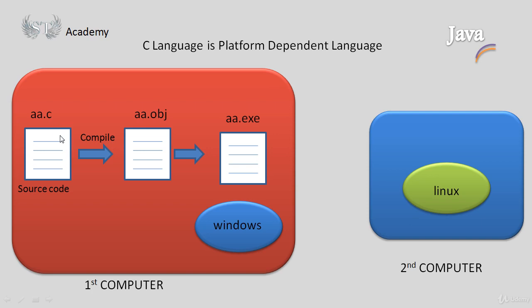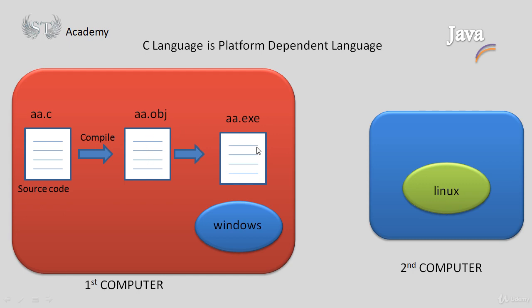Once I have written the program, the source code is compiled, and an object code, or object file, is created. With this object file, some library files and system files get linked. When those system files and library files get linked, another file is created, known as the executable file. So first a program in C language is compiled, an object file is created, and that object file is linked with the library files and some system files.